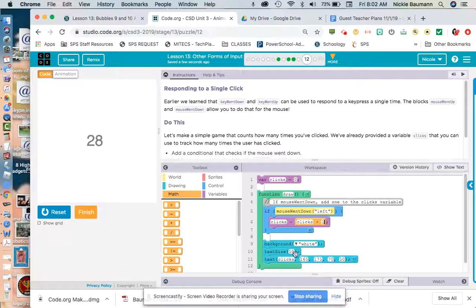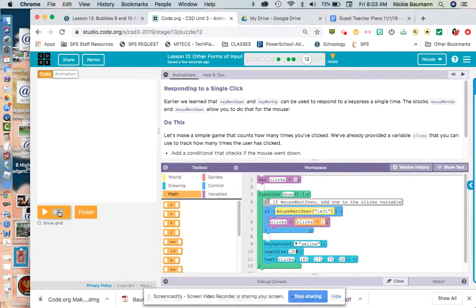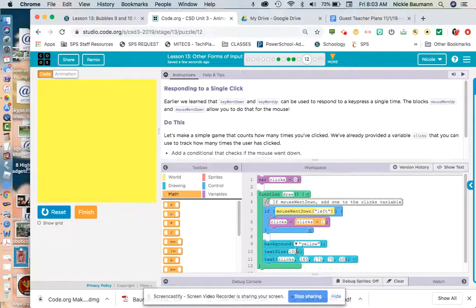And you can change the background if you want. You could change it up to yellow, reset. You can change the font size. Maybe instead of 50, it's 100. Oh, 100 is too big, I think.